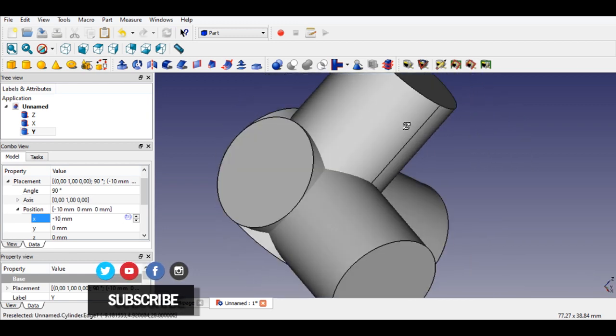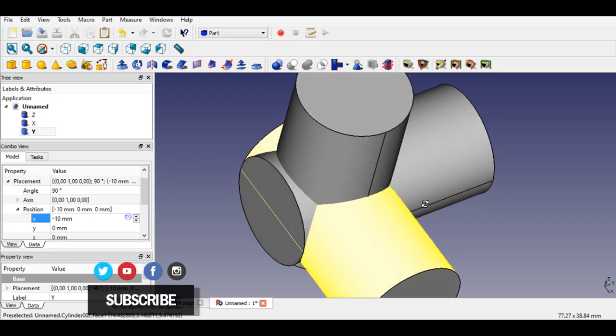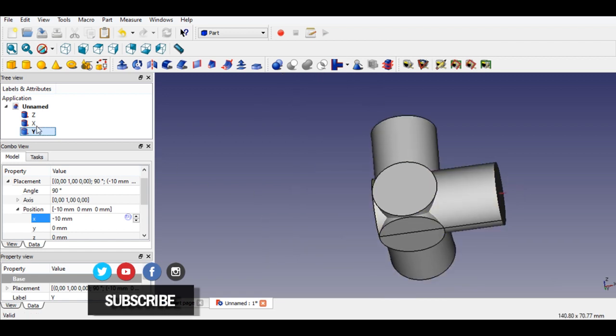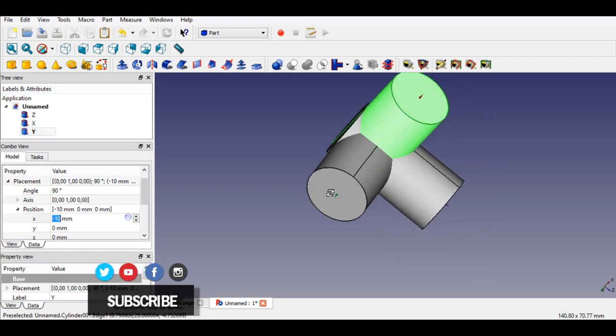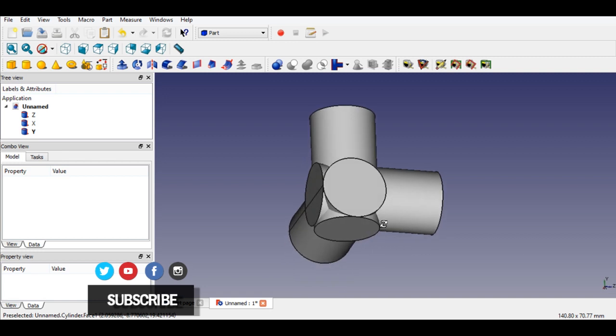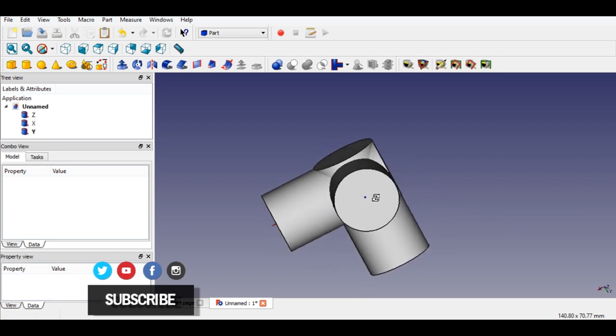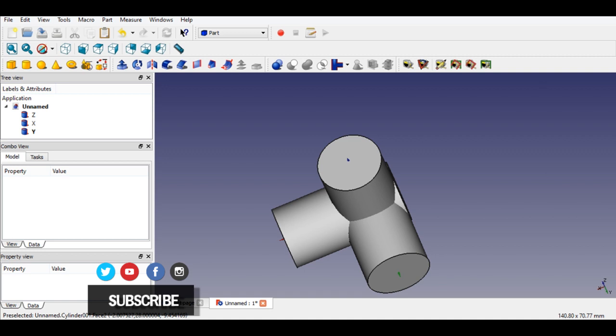I think it's been moved a little bit too much. Let me try. Okay. There we go. That's okay. Let me see how it goes here. Okay, so we don't need to be that perfect. We can change that. We can make it a bit softer. I can show you how to do that, or we can put it back in a little. But in our case, we don't especially need that. So now that we've made the main form,